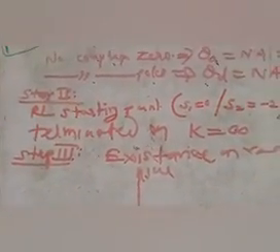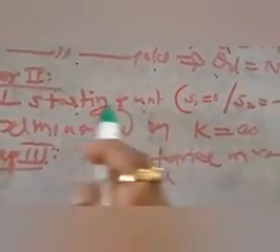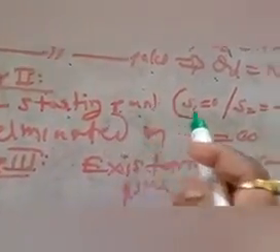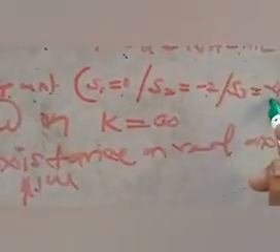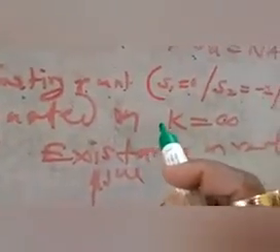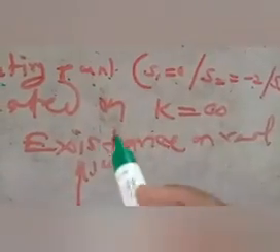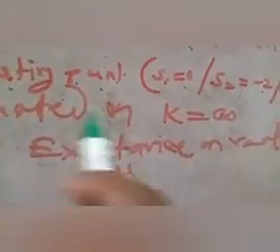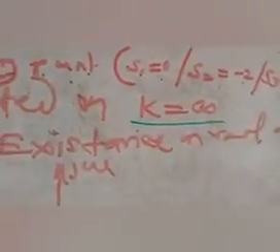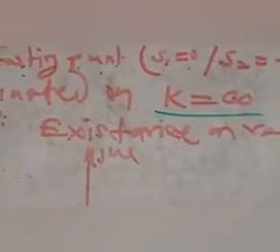Second step, the path of the root locus. The root locus starts from the open loop poles 0, -2, -4, at K = 0, and terminates on the open loop zeros. Here there is no open loop zero, so it terminates at K equal to infinity. Whether it is plus infinity or minus infinity will depend on the question.